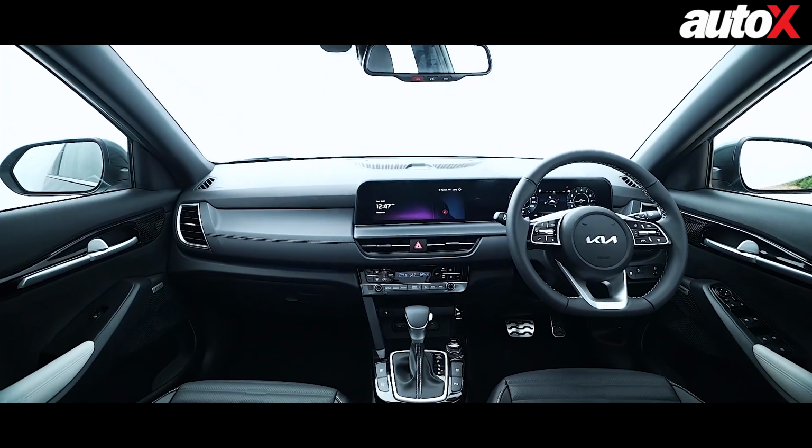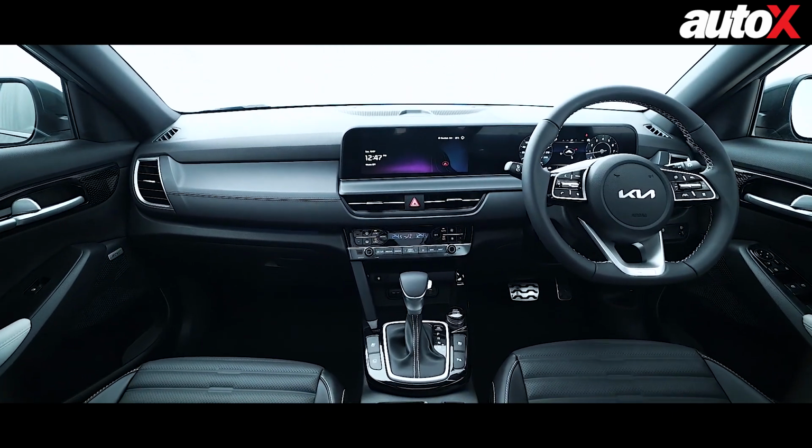For example, the Jimny automatic top end is around 17.5 lakh on road. Small car, no space, nothing. This has got space. It feels like a luxury car inside. After the Jimny, it feels like you're a lot further apart. And even people sitting with you will also enjoy the ride, because